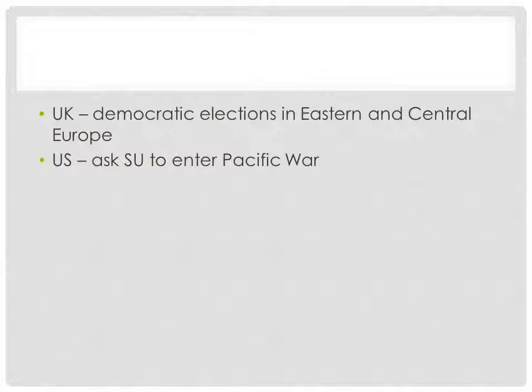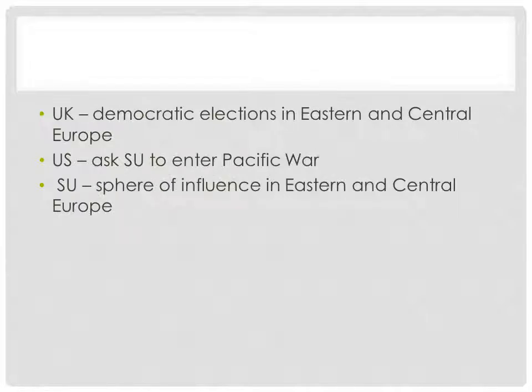So they're asking the Soviet Union to enter the Pacific War because, of course, the Soviet Union shares a long border with Japan. And then the Soviet Union shares a crazy long border with China, which Japan had invaded and was waging war on. And then, of course, ever since the Russo-Japanese War of 1905, Japan and Russia had been fighting for influence in Asia. So this would be strategically beneficial for the Soviet Union. And so the U.S. asks them to participate.